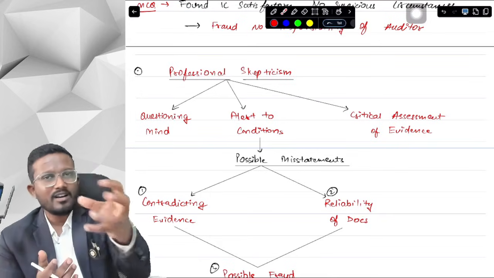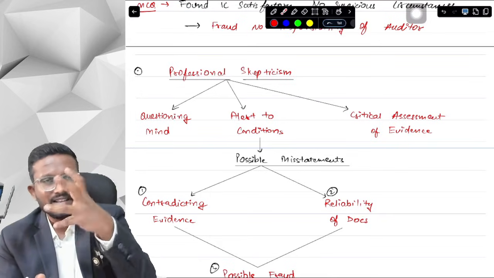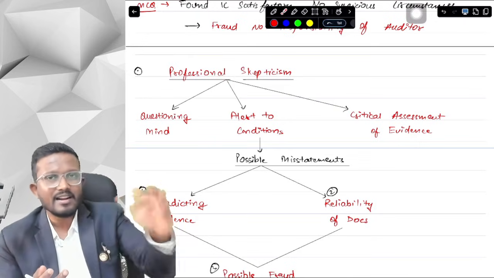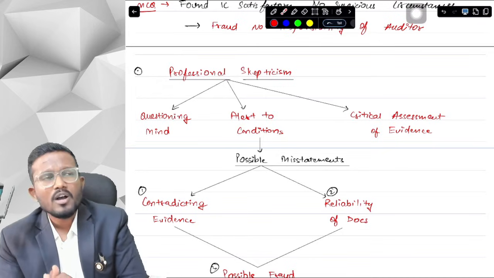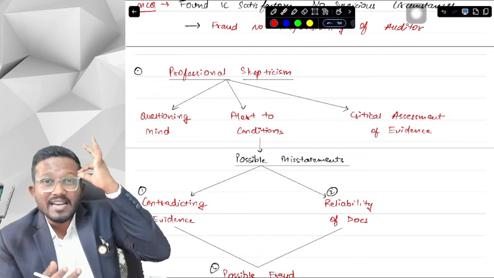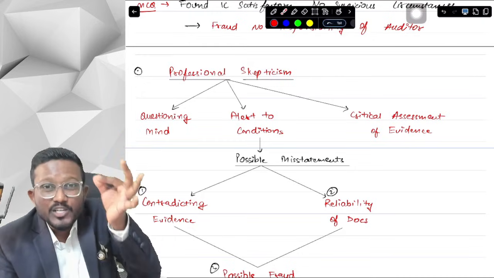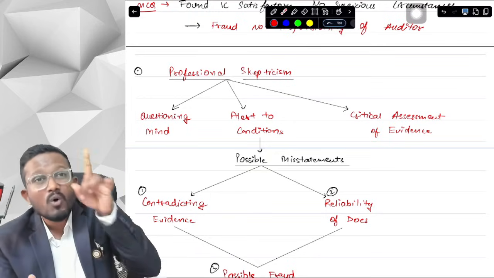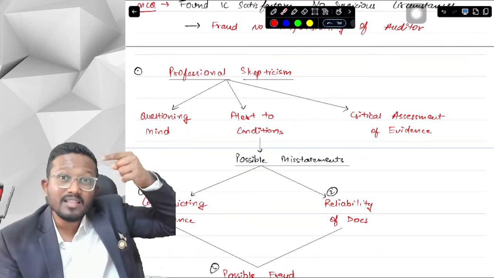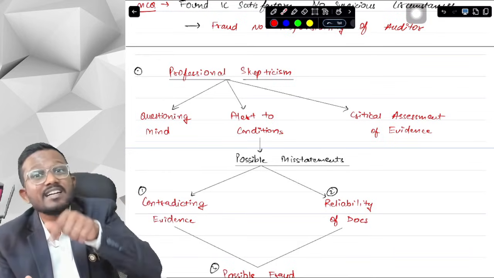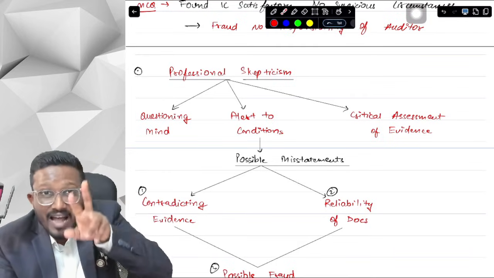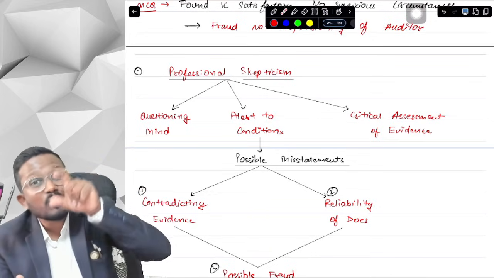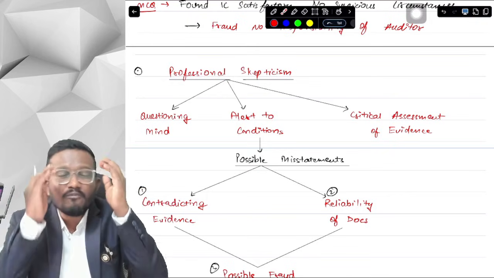Suppose you are an auditor and you went to the client, and the client says, this company is our related party, and we haven't had any transaction with the related parties. Now you will have to have that questioning mind to understand what your exact relationship with this related party is, what transactions happened in the previous period, why the transactions didn't happen in the current period, is there any balance change, what was the opening balance of this related party in the current year, what is the closing balance. So you will have to maintain a questioning mind.